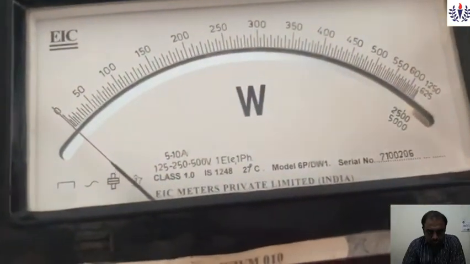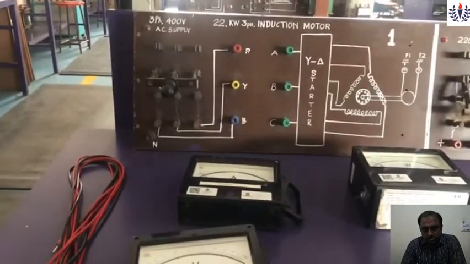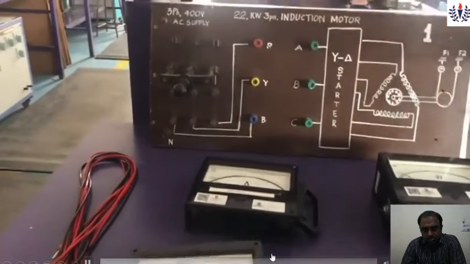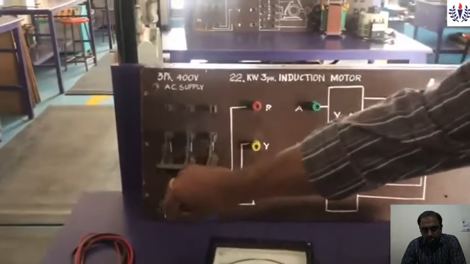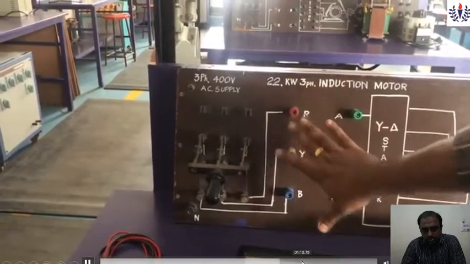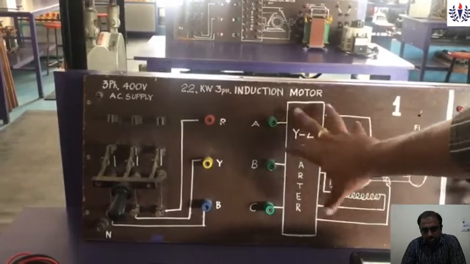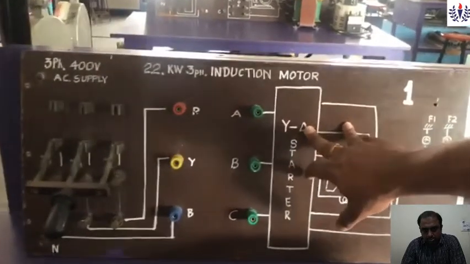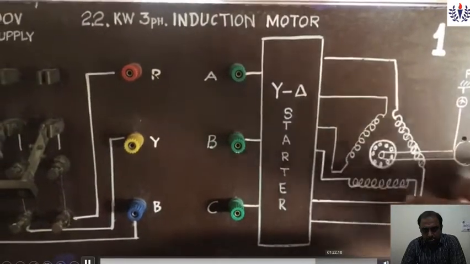It is a single phase wattmeter, the same type of wattmeter which I am connecting. There are two wattmeters which we are going to connect, one from R to Y, another wattmeter from Y to B. This is the entire bed structure which we are seeing, and this is one of the TPST switches, triple pole single throw switch, and this is the RYB line. I already mentioned it will be star to delta. Here it will be a star delta starter which we are operating. The star is for starting purpose, delta for running purpose. You see the delta connection.